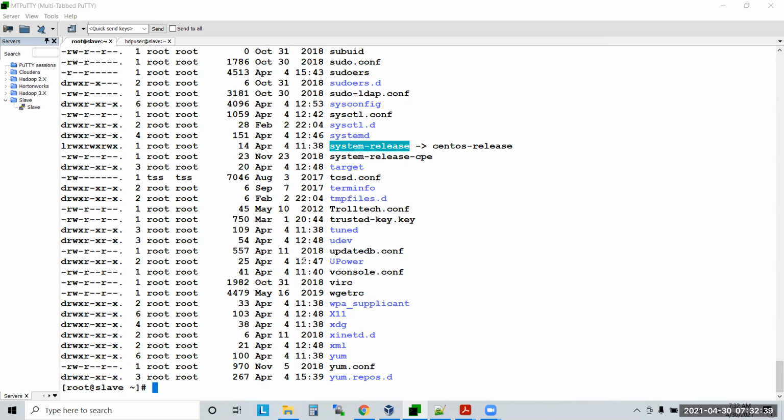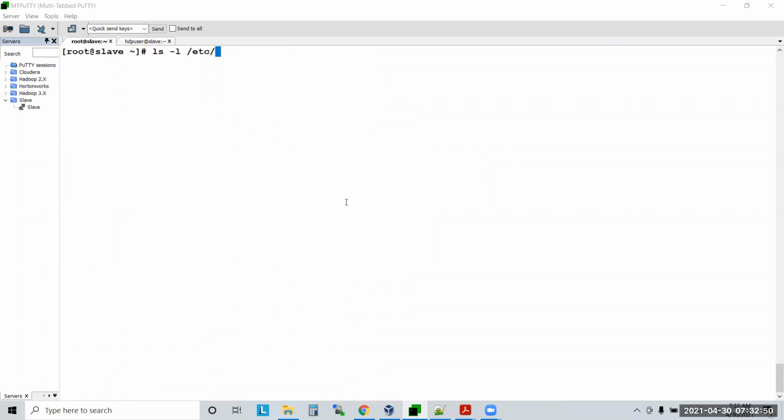Now I want to see inside this one. Suppose there is a directory here, upower, or a directory, target. I want to see the content of this target. What can I say? ls -l /etc/target. Press enter. Now you are seeing the content of target. So you are seeing the first hard disk; inside that there is a directory etc, and inside that a directory called target. ls is a command to display the content of your path. If you don't give any path, it will show the current path content.